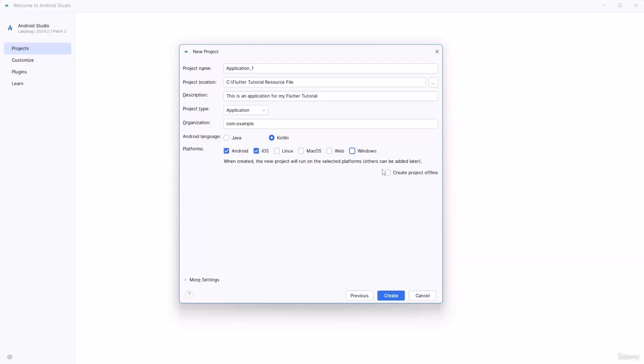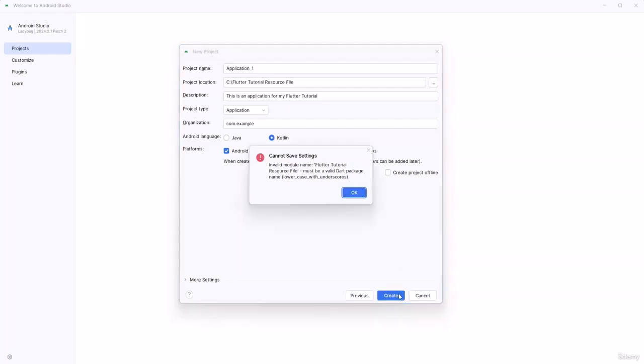Okay. So once I'm satisfied with the project name, the project location, the description, project type, the domain, and the language which I'm going to work with, I can just click on create. If you do want to see more settings, you can see the more settings option. This is the module name, the content root, and all these things are basically inside my resource file. Okay, so I'll just close this thing down and I will just click on